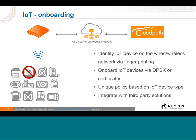What we can help with there is for IoT devices, first and foremost, we can fingerprint every device on the network, which means the platform knows when a device is trying to authenticate, whether it's a Nest thermostat, or a video IP camera, or a vending machine, or a personal BYOD iOS device. Based on the fingerprint information, we can automatically apply a policy on the network. The fingerprint information allows us to accurately know what exactly the device is capable of, and in addition to, of course, applying the policy on a particular device, we can